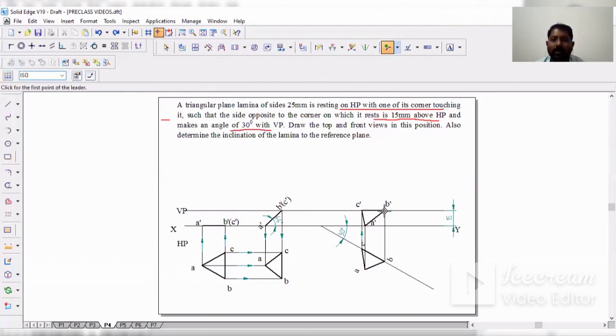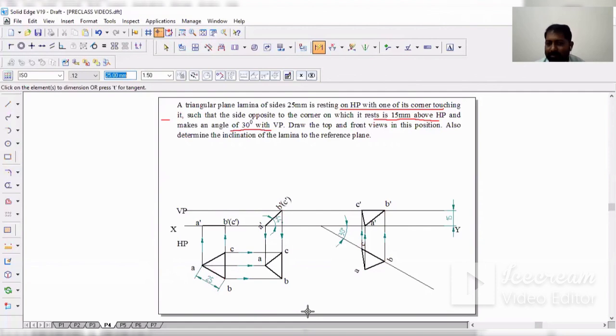Select leader again, here vertical upward projections. Then go to smart dimensions and select any one side dimension.